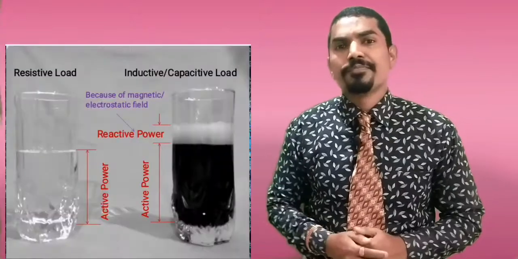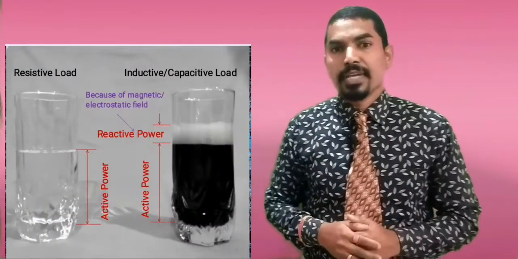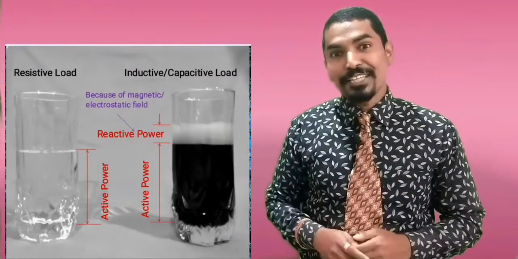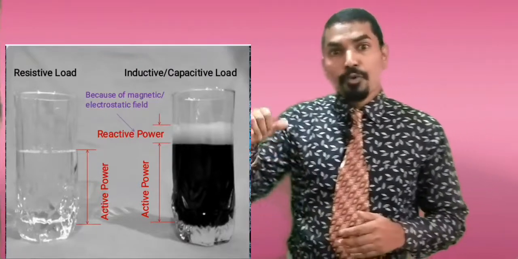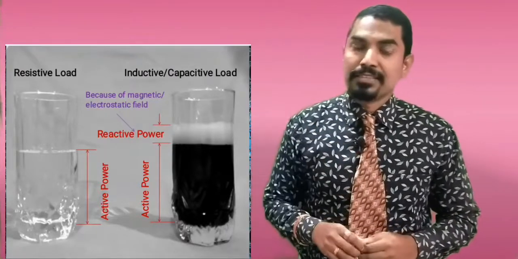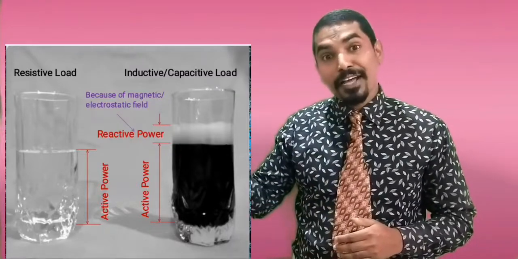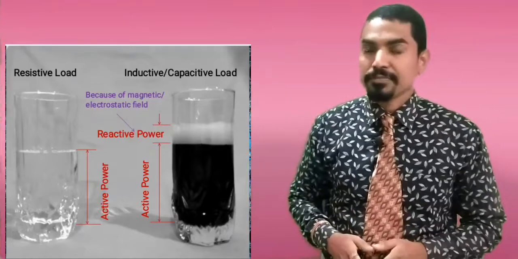The question remains, how to remember it forever? I give you a trick. On screen you can see two glasses are there. In one glass water is there. In another glass you will find cold drink is there. Now when we pour water in a glass, there is no foam on the water. In another glass, when we pour cold drink, there is a foam on the cold drink.